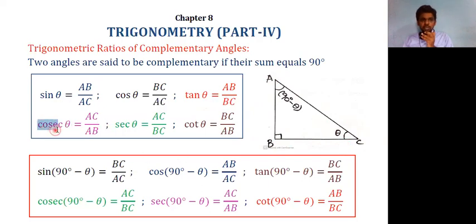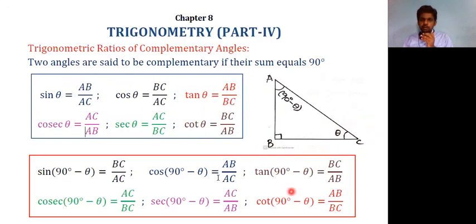So what is cosecant theta? It's the reciprocal of sine theta. So therefore, if sine theta is AB by AC, cosecant theta is AC by AB. Secant theta is the reciprocal of cos theta. If this is BC by AC, then this will be AC by BC. Cot theta is the reciprocal of tan theta. AB by BC here and BC by AB here. So you don't have to worry about that. You can take from here also. For example, cot theta is adjacent divided by opposite, BC divided by AB. So you can take like that also, no problem. So we have formed all the six trigonometric ratios based on angle C.